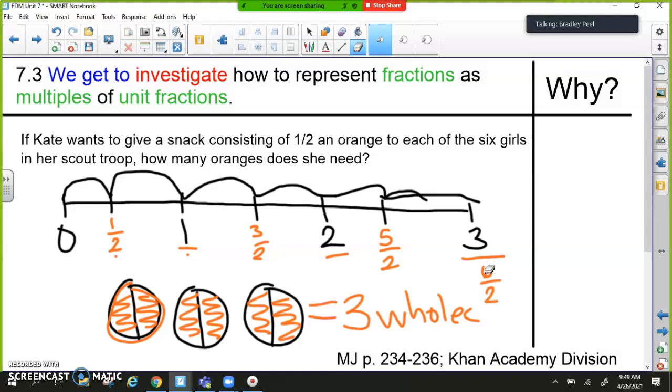Excellent. Today, you're going to work on pages, I believe, 233 to 236, or is it just 234 and 2? No, it's 234, 235, and 236. 236 was your math box this morning, and if you finish with that, you can work in Khan Academy, division or fractions. Are there any questions about that? I think I have a mastery list. I'll look